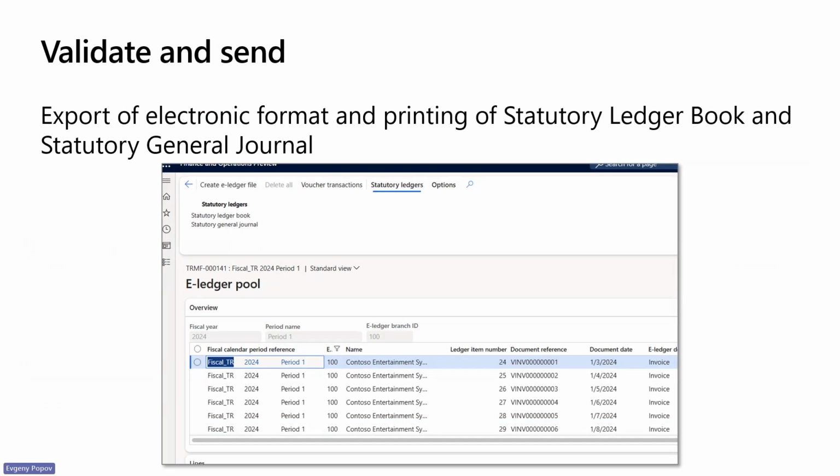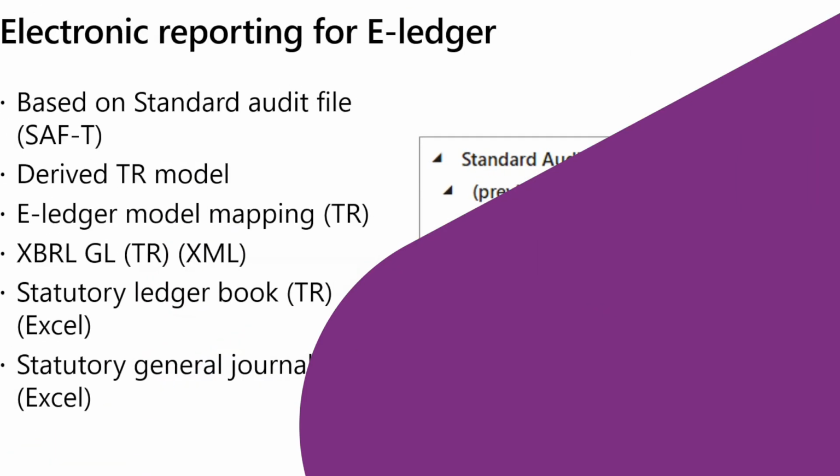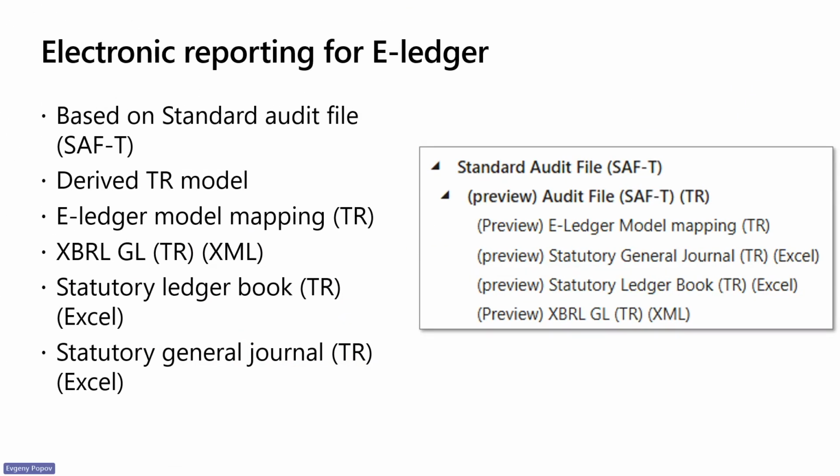Now, in the e-ledger pool, you can export the ledger file in the electronic format. You can also print the book in the forms of statutory ledger book or statutory general journal from the e-ledger pool. It's important to highlight that both electronic and printable formats for e-ledger are implemented as electronic reporting configurations, again, which enables easy customization or extension of the base configuration according to company-specific or integrator-specific requirements. A bit more of the customization